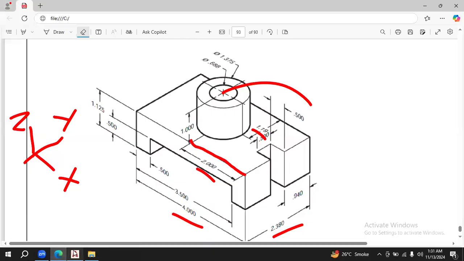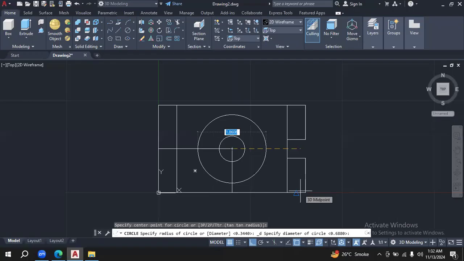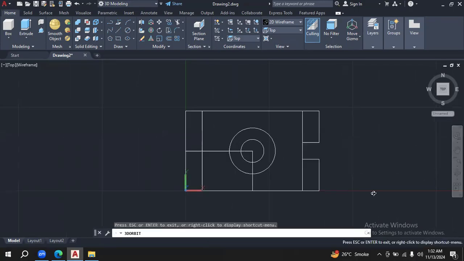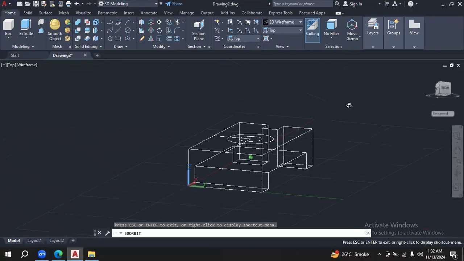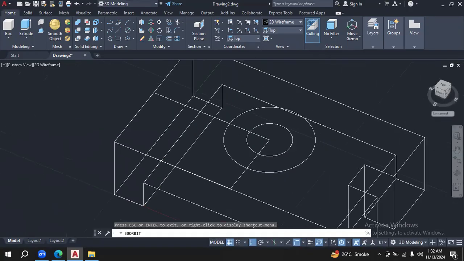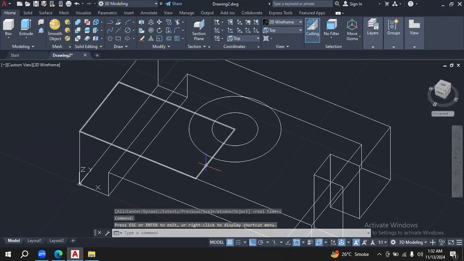The outer one is 1.375. Press enter. And now rotate this again. And you see the circles are present on the top surface only. Next step is to first of all delete this reference rectangle,